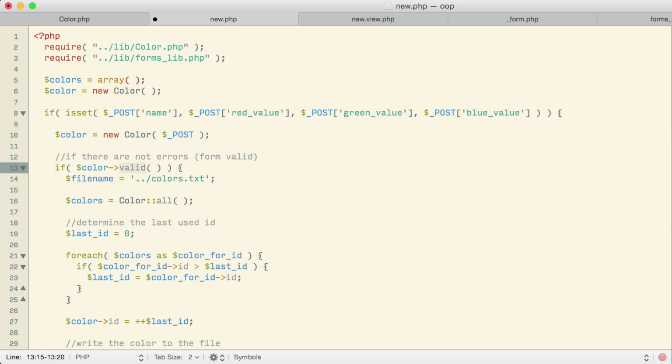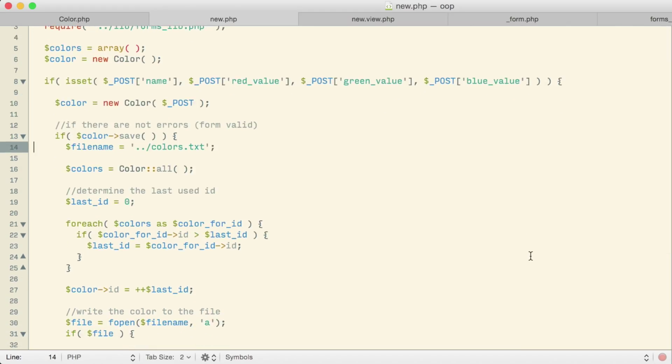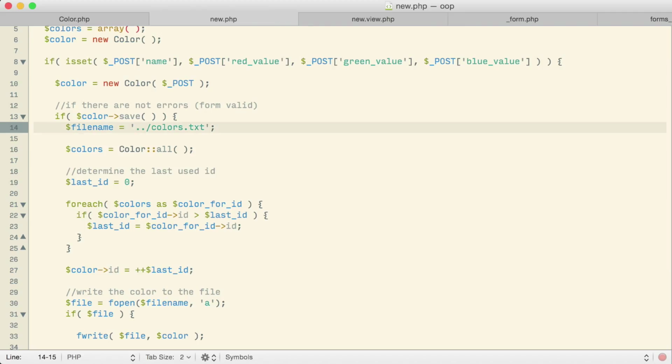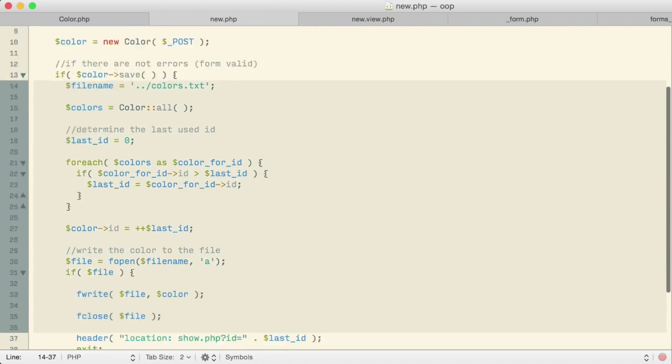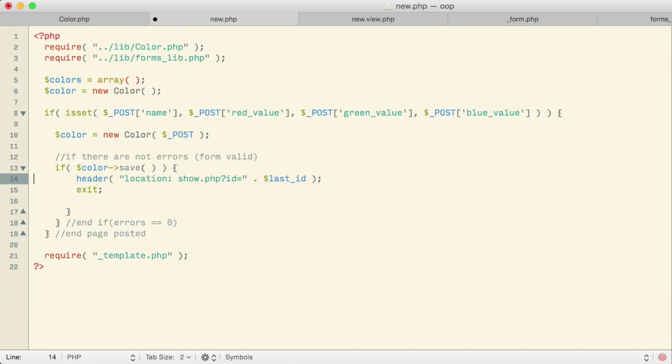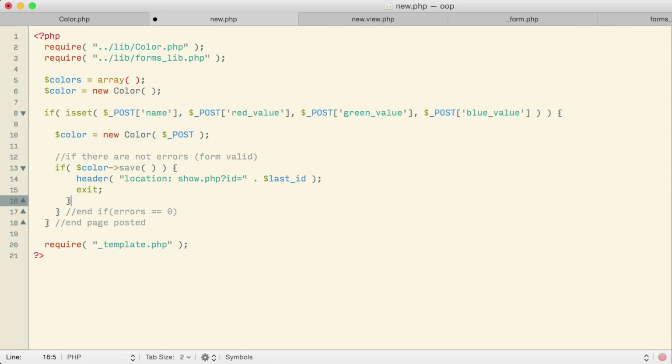If the form is submitted, create a color object from that submitted form data. Then here, instead of calling valid, what I want to do is call save. I want to save the color at that point. When I actually save the color, what it should then, I think, do is return to me a true or a false, just letting me know whether it's saved correctly or not. If it's saved correctly, then save should return true, and we should redirect to the show page. If it returns false, and we don't save, then I would want to stay here on the new form page and let the user see the errors and correct whatever problem it was that prevented the color from saving.